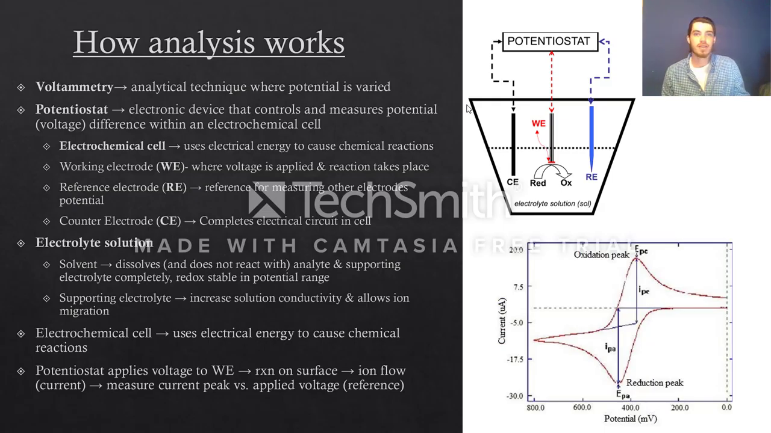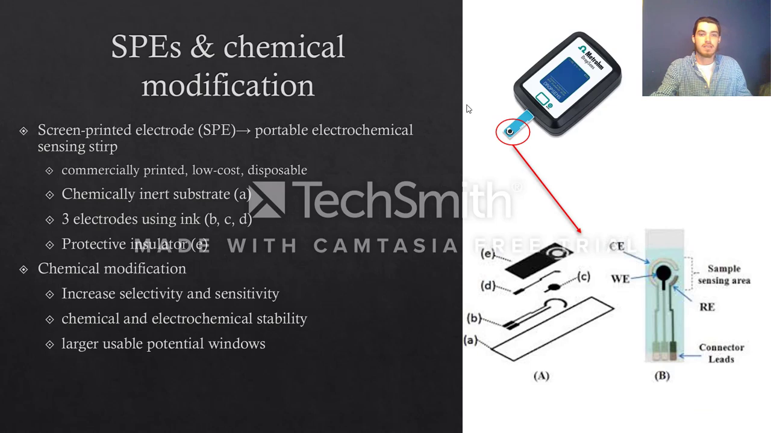The current between the working and counter electrodes is measured and plotted versus applied voltage, creating a graph called a voltammogram, where the activity of the reaction is traced. The current peaks at specific applied voltages are due to specific redox reactions of an analyte, and it is what is used to identify it. What gives this technique the ability to be used for a wide range of detection is by using screen-printed